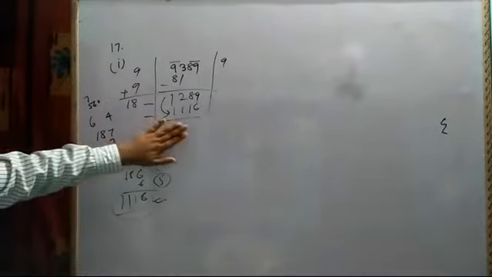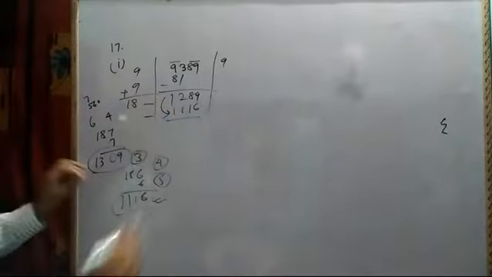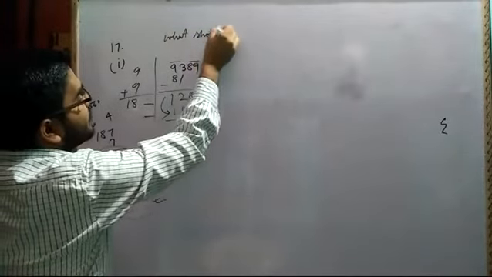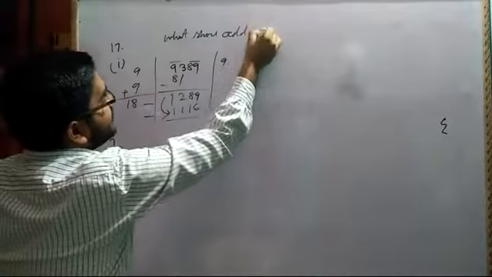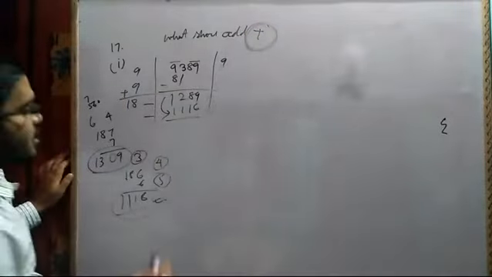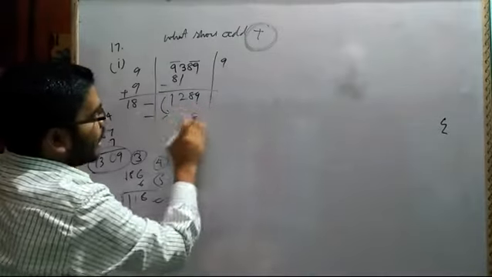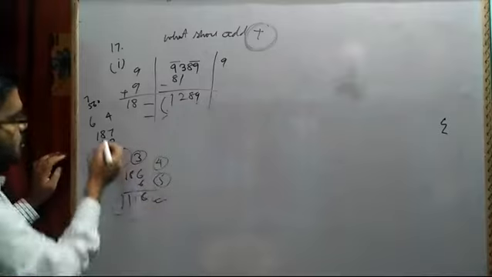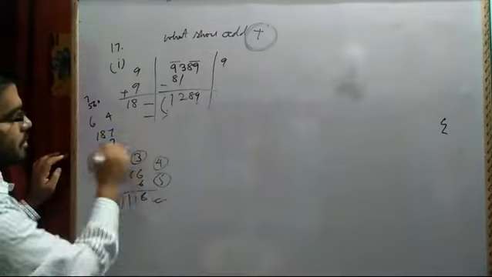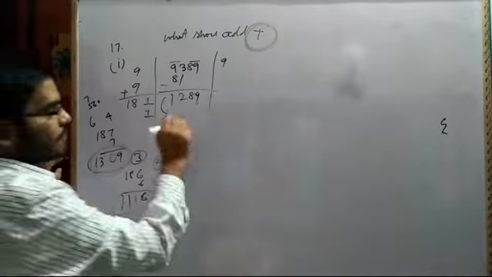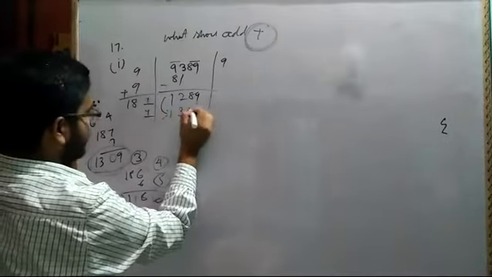Generally we write the smaller number here, but when they ask what number should be added, then you have to take a number such that when you put 6, it is coming less than this. When you put 7, you are getting an extra number. So here you have to go for the extra, then you will get 1309.